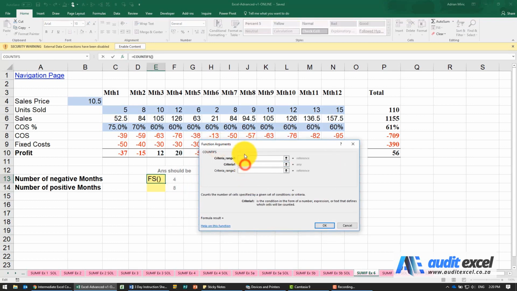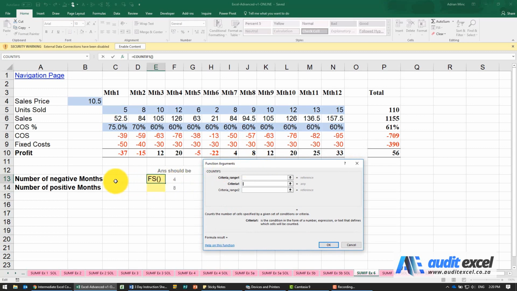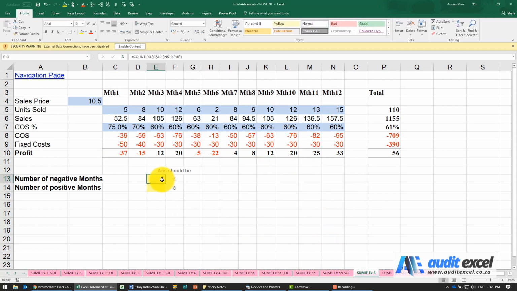The criteria first that I look at is it looks like I want to know how many negative and positive months. So is it bigger or less than 0? So in the criteria, I'm going to type less than 0 and just put my inverted commas. And then I'm going to just tell Excel where to look for less than 0. So I'm going to highlight that section there. Put my dollar signs, and when I say OK, it tells me there are 4 items that are less than 0, negative. I can do the same thing, or in this case, copy it down.